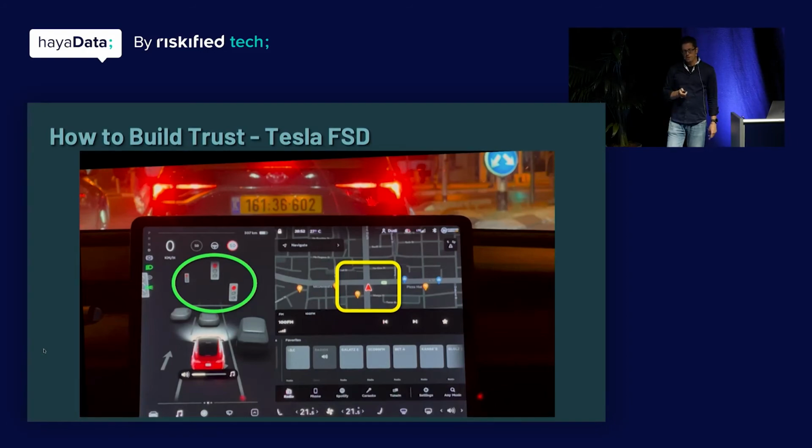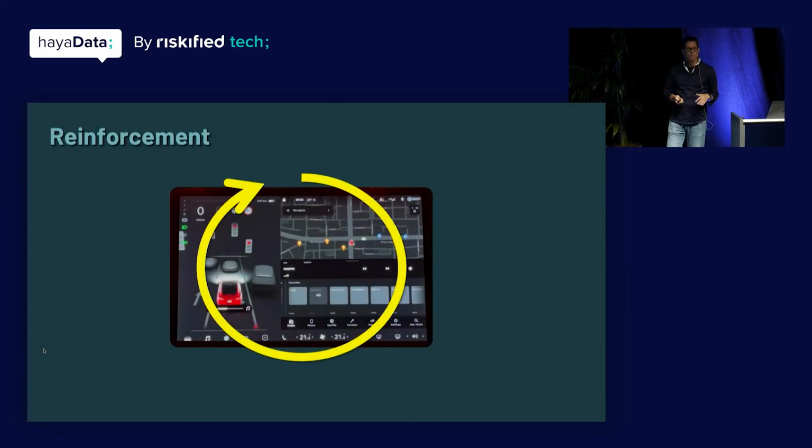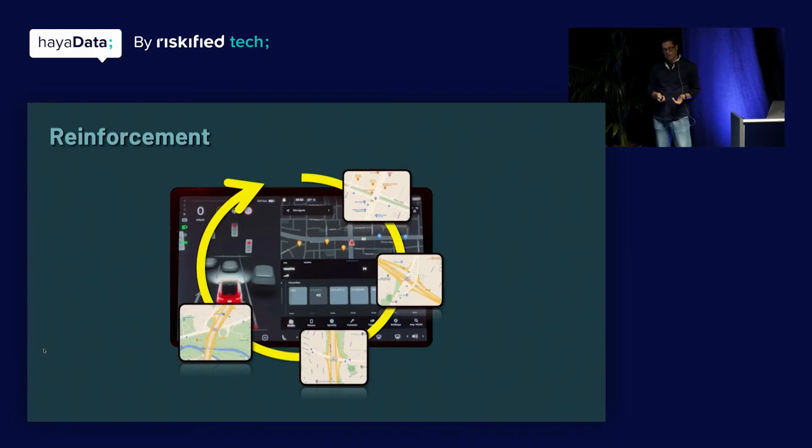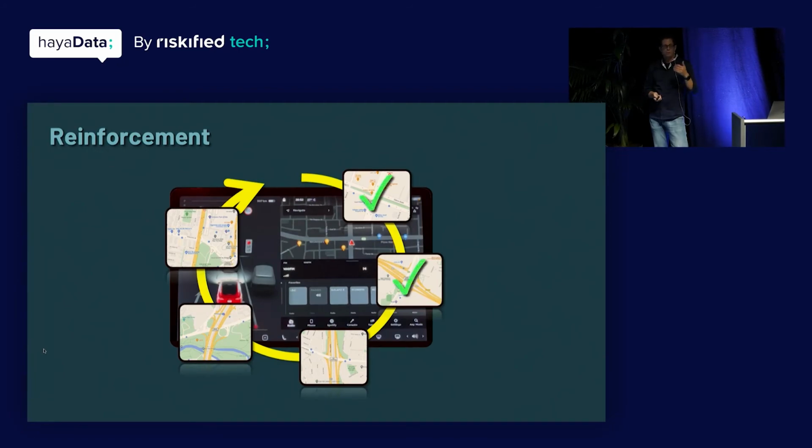So when I look at this, I'm like, nice, it's doing a good job. So how do I build trust? I do this over and over to reinforce it. It's a journey. So if we go and drive around and hit all kinds of intersections, and at every intersection, the car would correctly find all the important features, great. Over time, I'll start trusting this system.